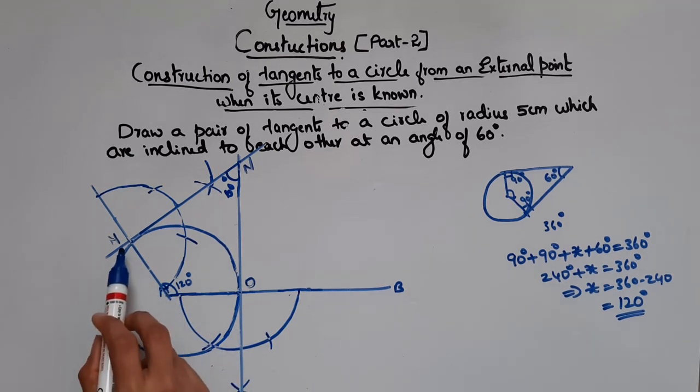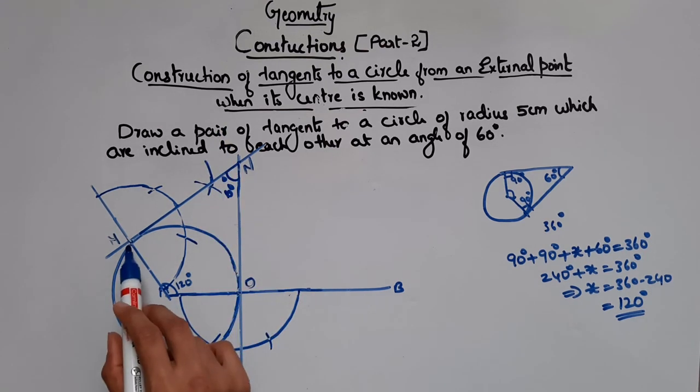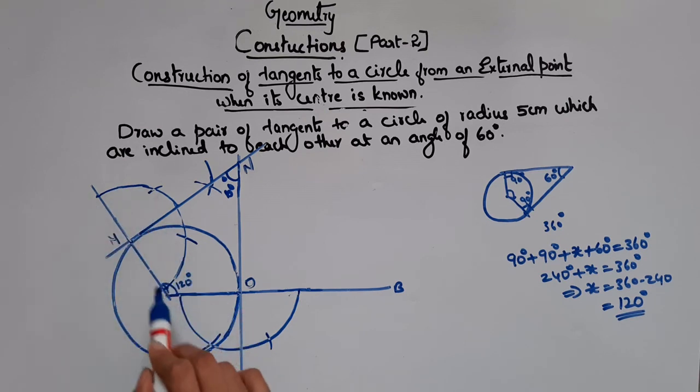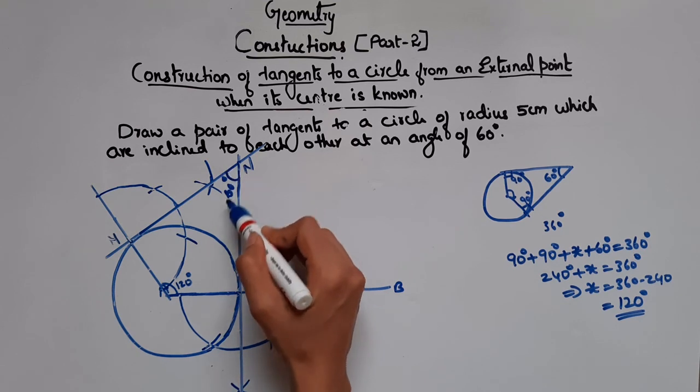Now you have to draw two tangents at this point and at this point. We know the angle between the tangent and the radius through the point of contact is 90 degrees. So we have to draw a perpendicular line at this point. For that you have to follow the procedure of how to draw a perpendicular line. You will take any length, draw a semicircle, cut two points using the compass. From these two points you will cut one more like this and join this point. That will give you a perpendicular line. Extend that line. Similarly, you will draw a tangent at this point. Same procedure. You will extend that line to meet this line. So the angle of inclination will be 60 degrees.